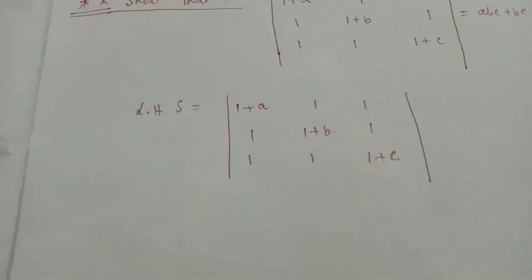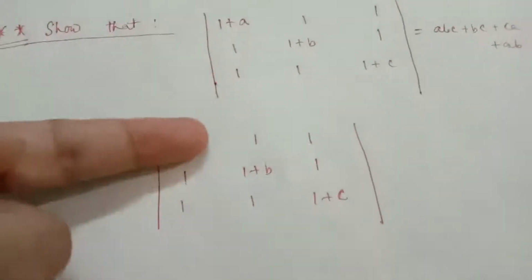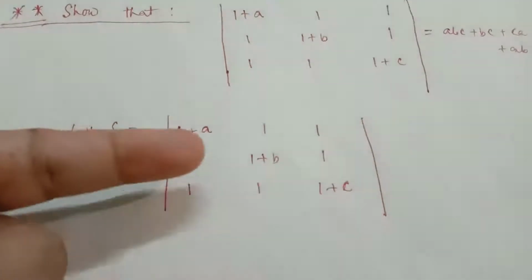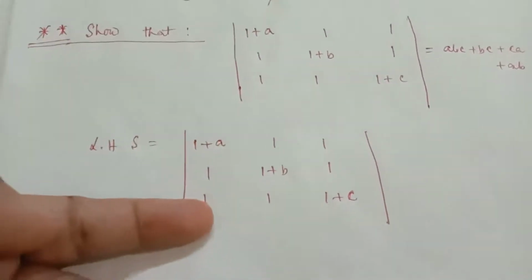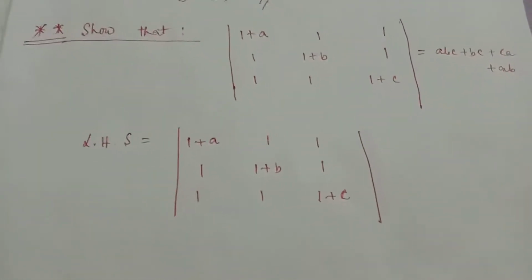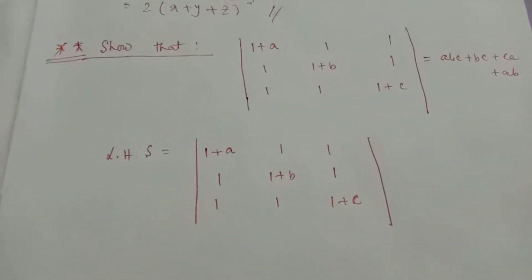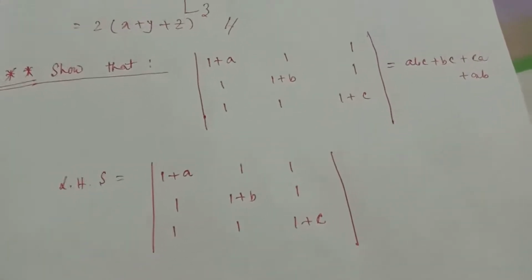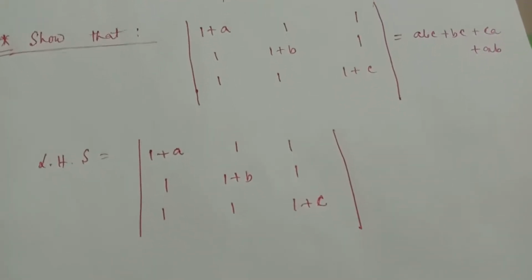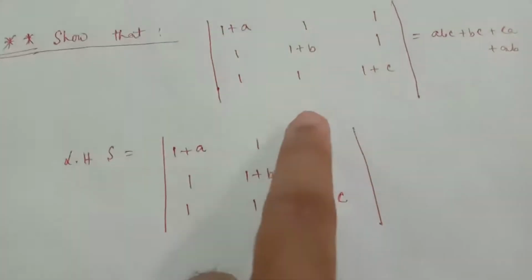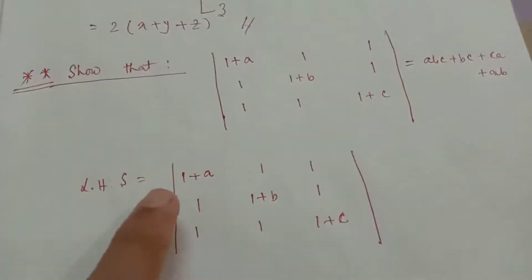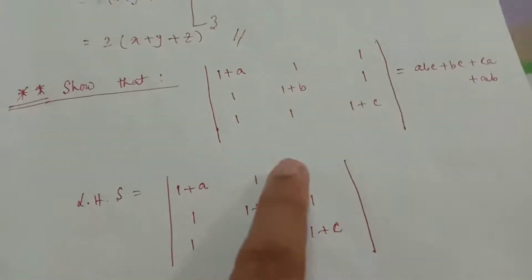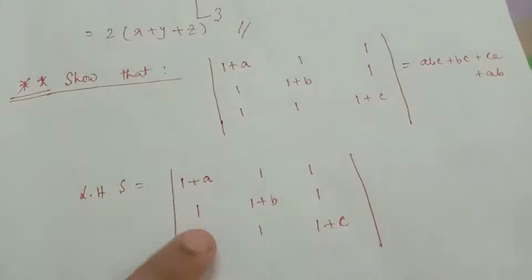In this question we can bring zeros by doing r1 minus r2. You can see 1 minus 1 will give us 0. Similarly, r2 minus r3 also will give us 0. But our aim is to bring as many 0s as possible in a particular row or in a particular column. So if we replace r1 by r1 minus r2, we'll get 1, 0 here, and if we replace r2 by r2 minus r3, we'll get another 0 here. So these two zeros will be in different rows.